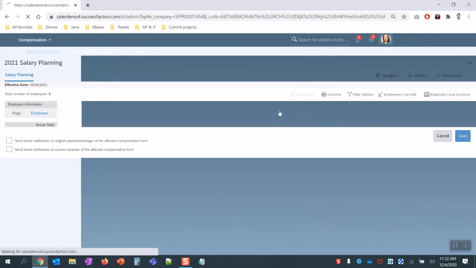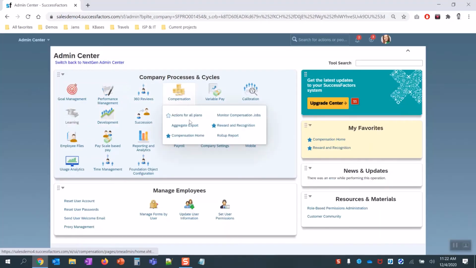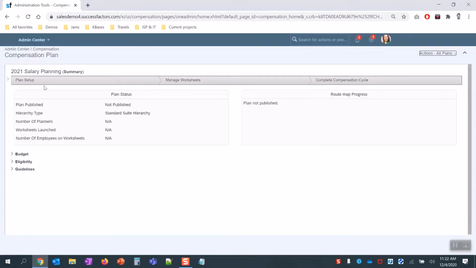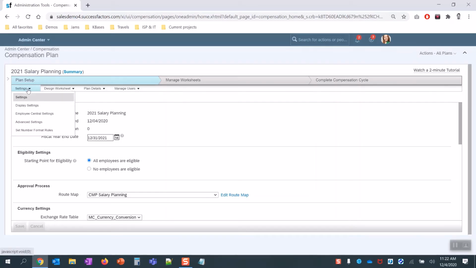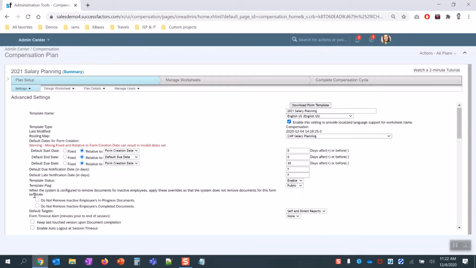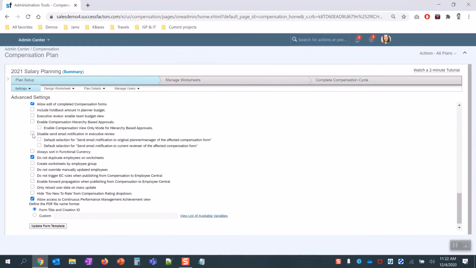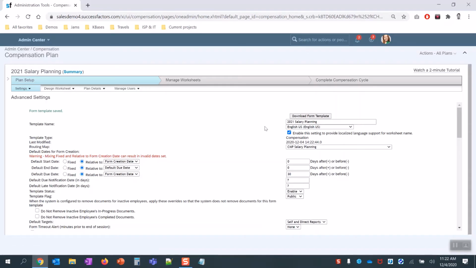So let's go back to the admin center and click on the name of the template and turn off these notifications. And click at the bottom on Update Form Template. So we are good with this one. Now the third step